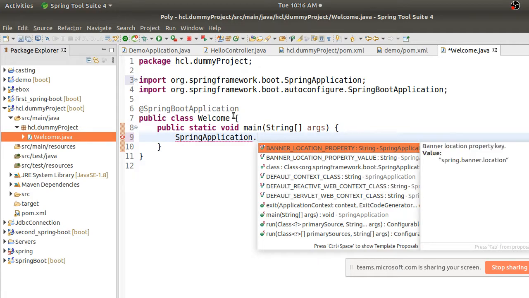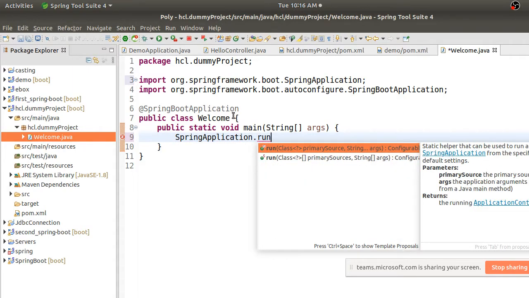The moment you do SpringApplication.run, there is a method called run. This is used to run your first application. That's it. Whenever you start the main method, you are just calling this SpringApplication.run. Internally, Spring Boot will actually use your container, that is the application context container, and it will do the getBean, create the object of it, store it in the container, and call it automatically, right? So everything is done automatically by your Spring Boot.